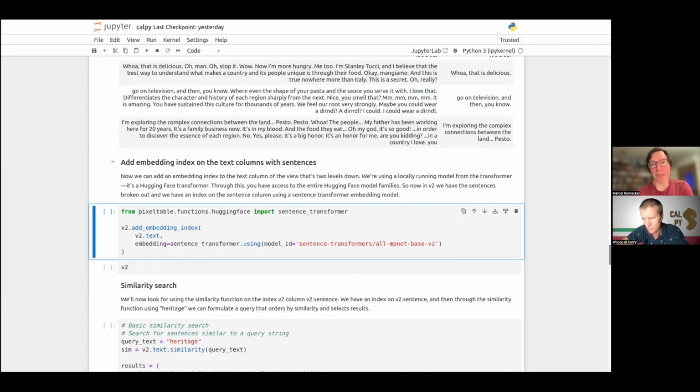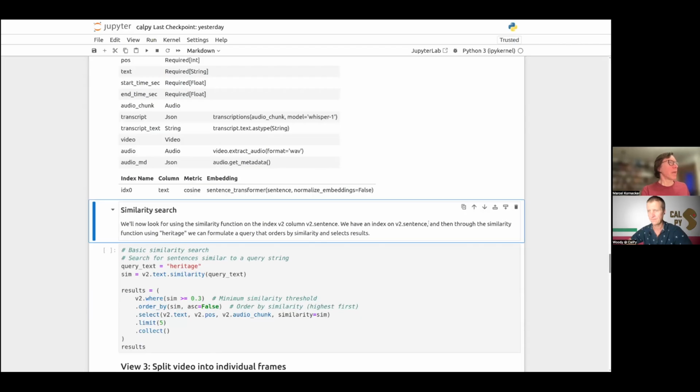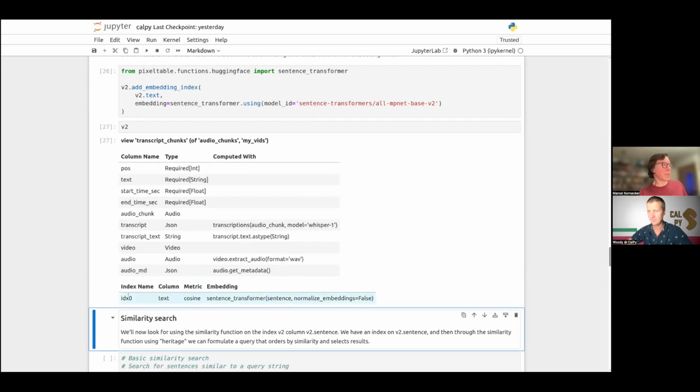So we're indexing individual sentences from the transcript. Here we're going to do that, and it did. What you see at the bottom is that v2 still has these two columns, position and text, but it now also has an index using a cosine metric using this particular embedding function.